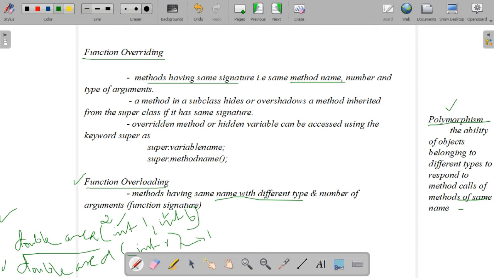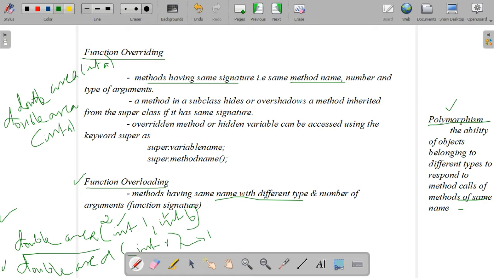Here in this example we have given double area of int L comma int B. But in the case of overriding, we just consider double area of integer A. Consider one example like this. Another method, the same method, there is no change in the data type or anything. So this concept is known as overriding, function overriding.